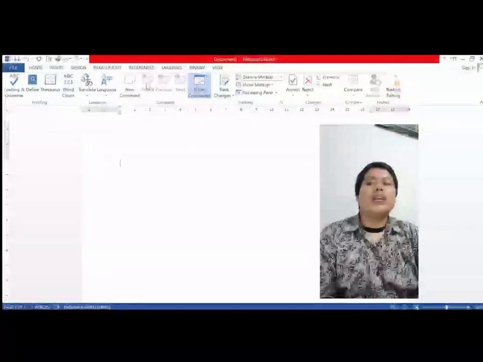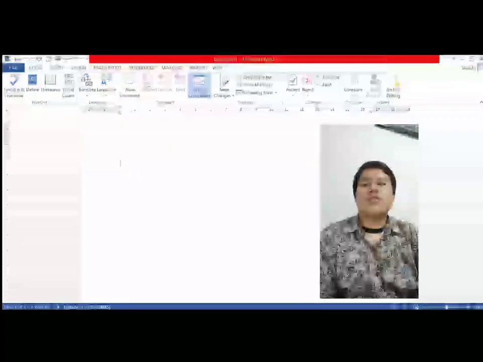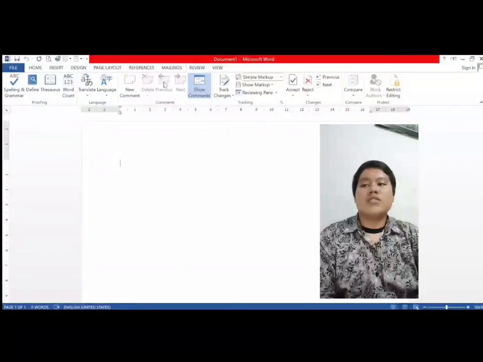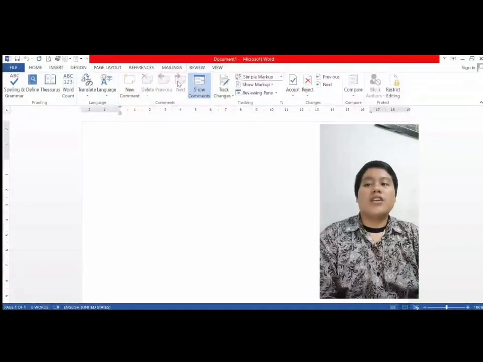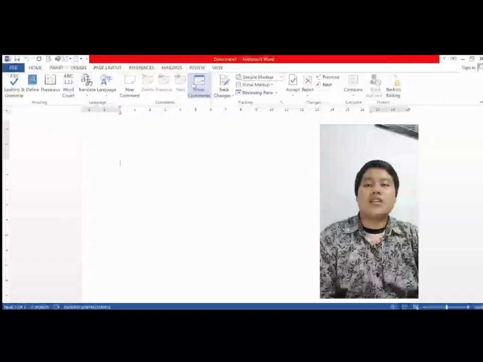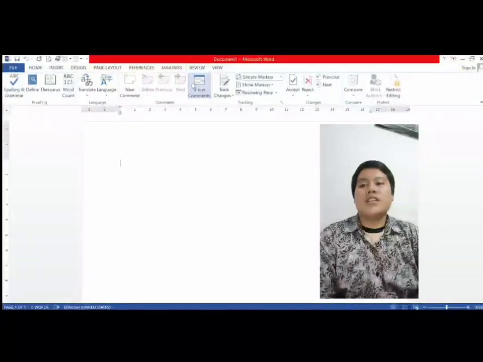Delete icon is a function to delete the selected comment. Previous icon is a function to jump to the previous comment. Next icon is a function to jump to the next comment. Show Comments icon is a function to show the comment alongside the document.